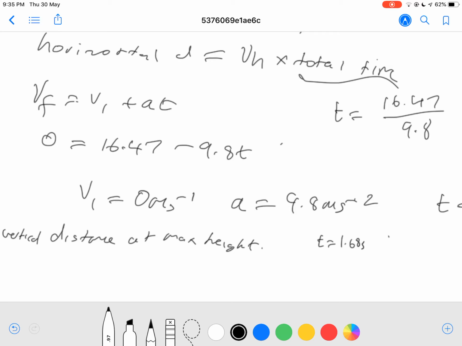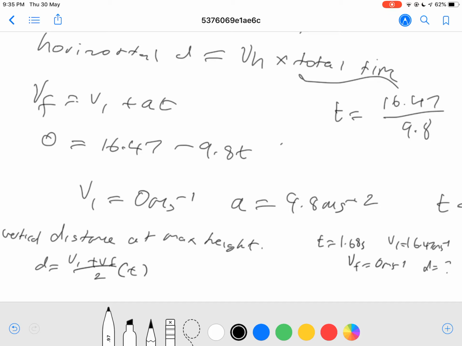We know that the initial velocity is 16.47 meters per second. The final velocity, which is at the max height, is 0. So vf equals 0 meters per second, okay? And we're trying to find d. So d equals, we don't know, okay? The easiest equation to use here is d equals vi plus vf divided by 2,